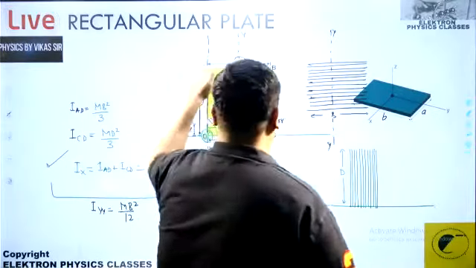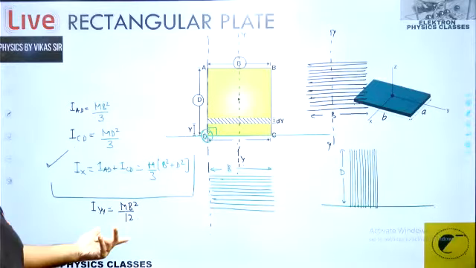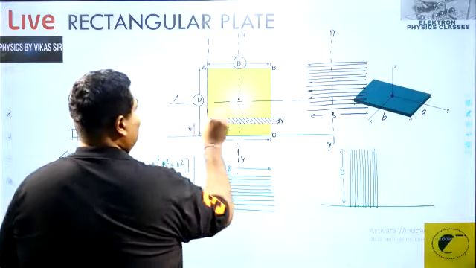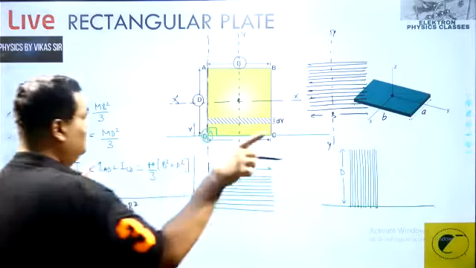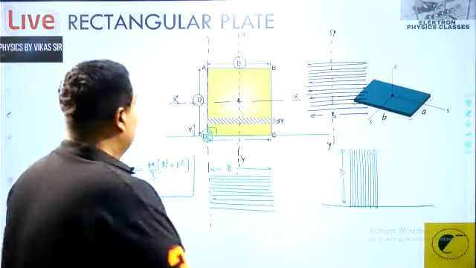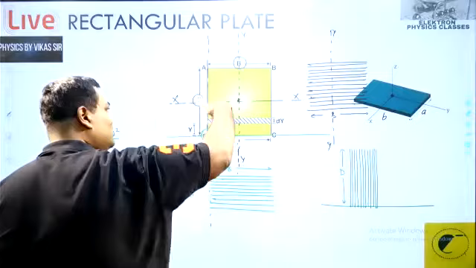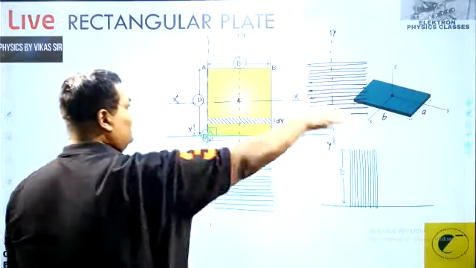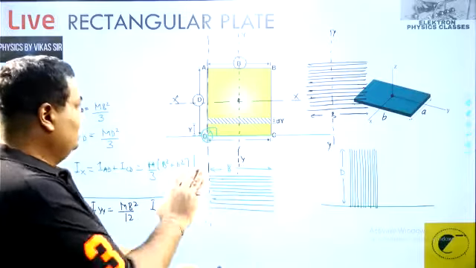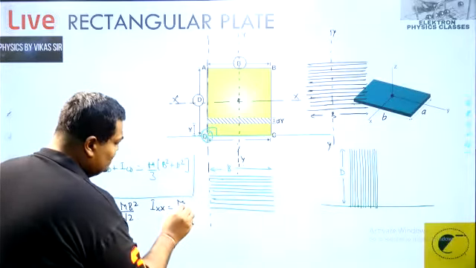That means you have to check the perpendicular length of the axis: mb square by 12. And you are wise enough, if I'm selecting this axis, that's an XX axis passing through here. So what will be the moment of inertia? Now you'll be using the rods like this, perpendicular to this, and for that, this will be the perpendicular axis. So it should be once again ml square by 12. But the length over here will be how much? D. So that should be equal to m d square upon 12.